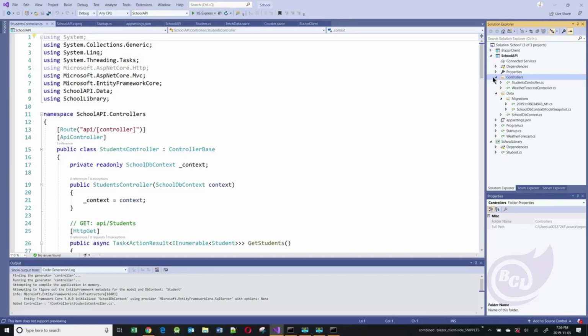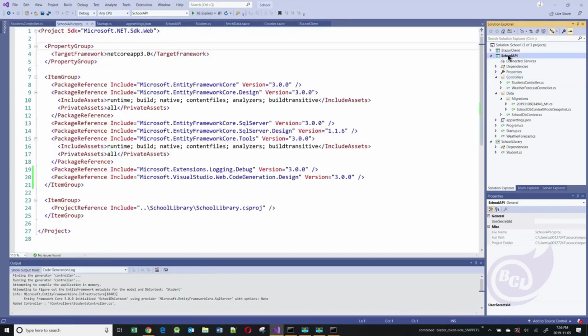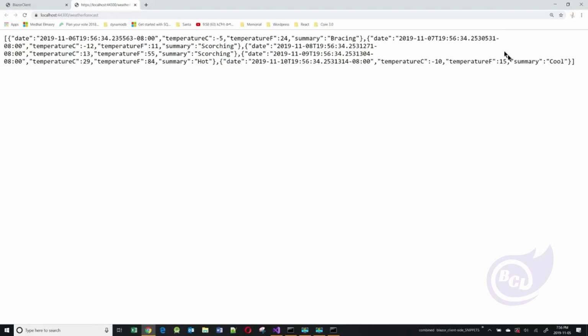If I want to run my school API application, I can highlight this and press Control F5 to run it. We're going to see the weather forecast service, which is the Hello World built-in service, but we're not interested in that. We're more interested in our api/students service. So I'm going to close this,